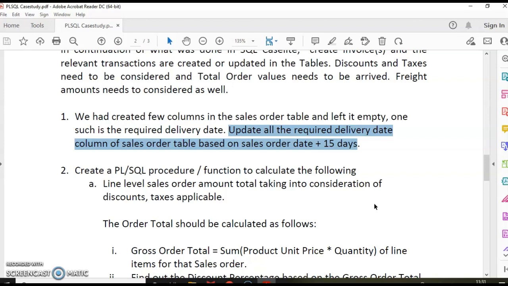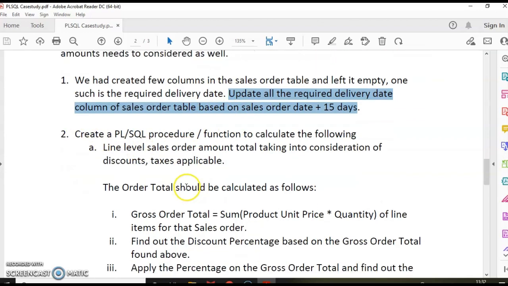Whatever is entered plus 15 days has to be updated in the required delivery date column. And create PL/SQL procedure functions to calculate the following: the line level sales order total amount considering the discount. So the gross total, the order total, should be calculated as follows: